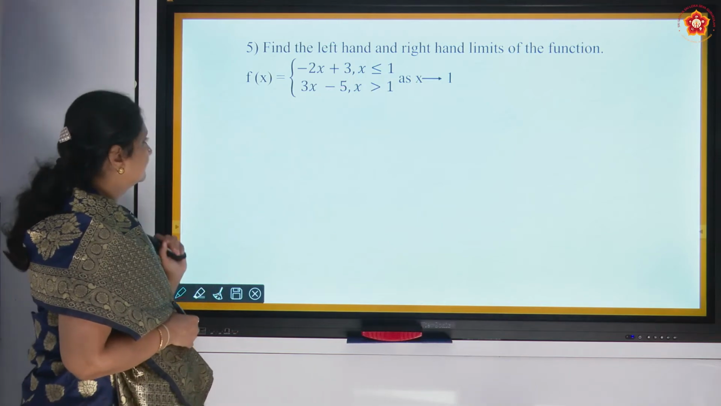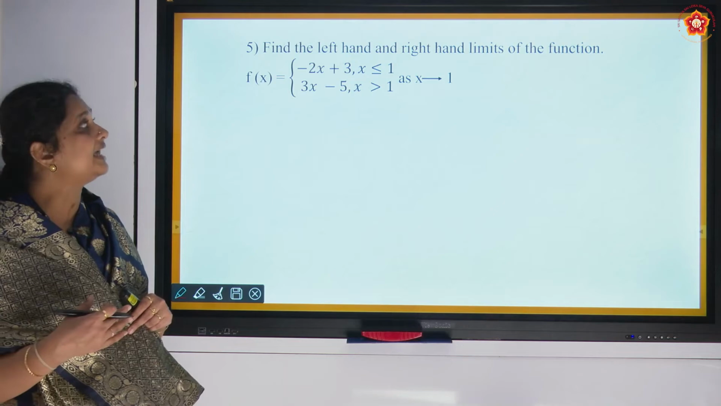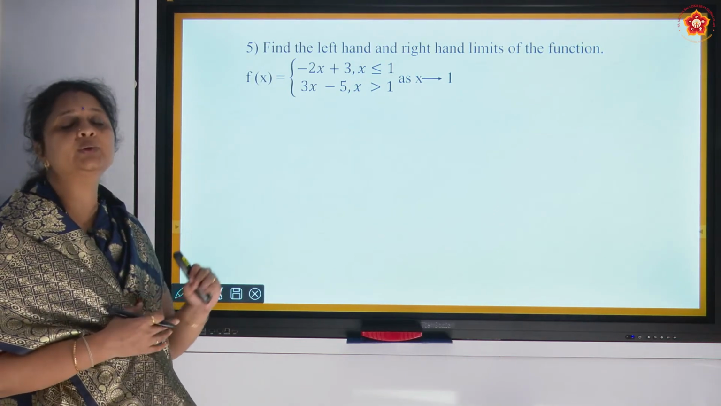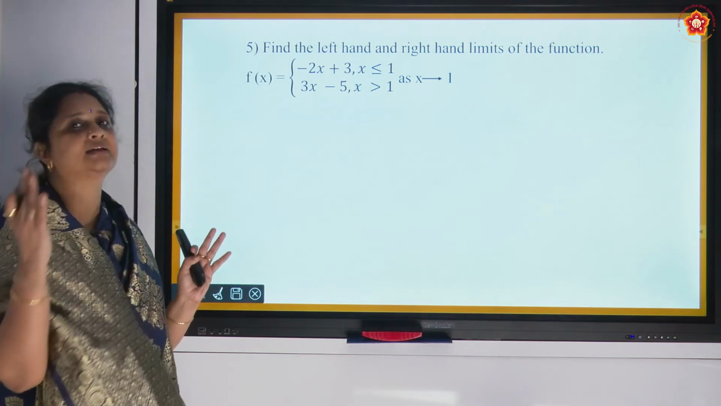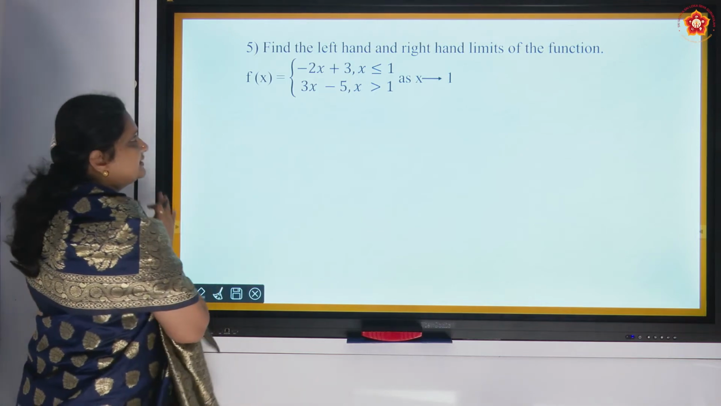Okay. So moving on to the next question. You are asked to find the left hand and the right hand limits of the function. So here not only the limiting value, you are supposed to do the left hand limit and the right hand limit of the function. So to give you a quick recap of what is left hand and the right hand,